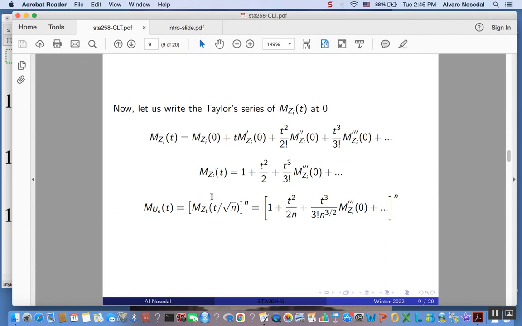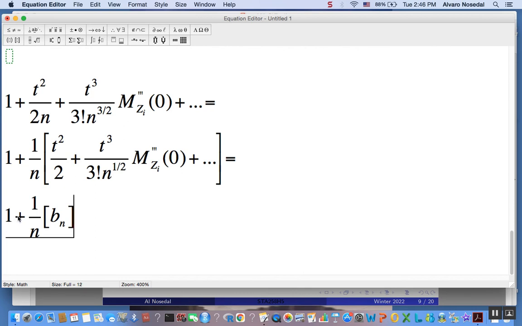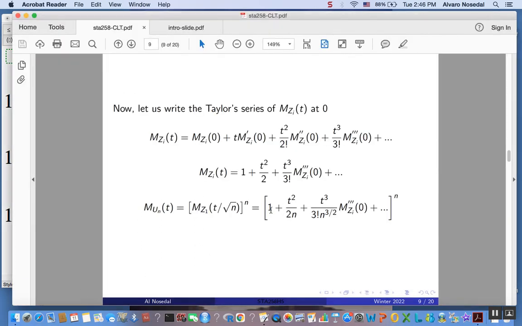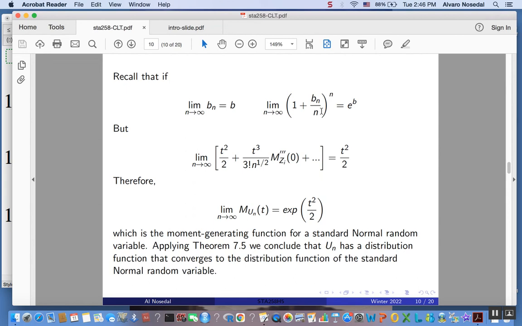The MGF of one of the Zi's is this, which is the same as this, right? To the n power. What we did here is we just re-expressed that MGF of a single one of them as this, 1 plus 1 over n times Bn, that sequence, right? So what we have here is 1 plus Bn over n to the n power,